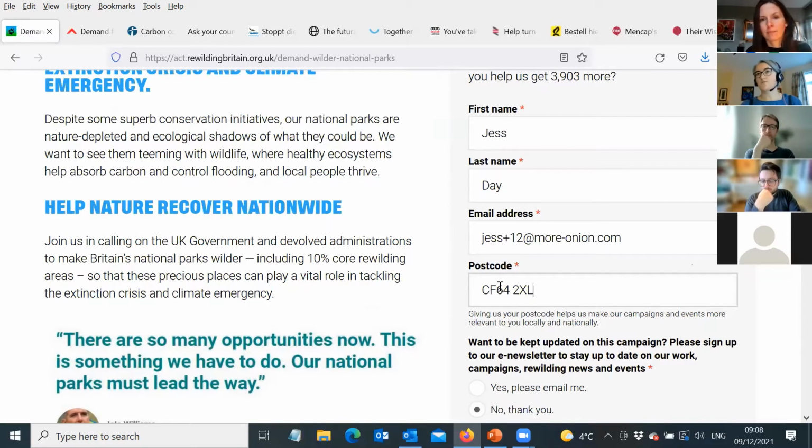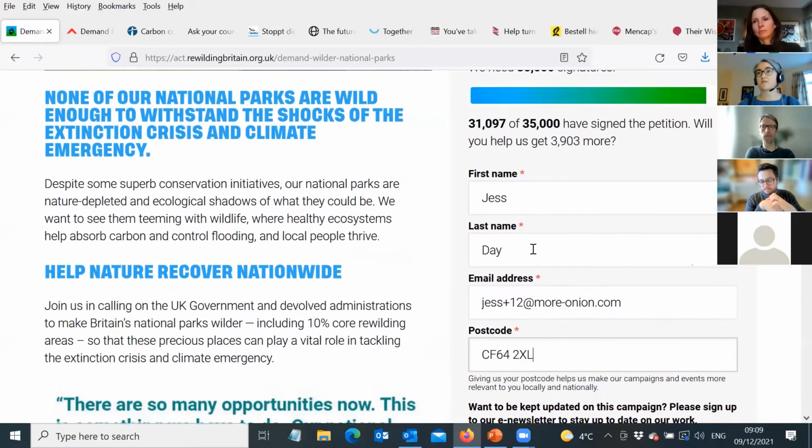Obviously, you want your petition forms to be as simple and quick as possible to fill in, but you can add whatever questions you want onto your petitions. In this case, they've decided postcode is a really valuable one for them. And within Impact Stack, UK postcode is a particularly valuable piece of information to collect because it will populate the supporter record additionally with the UK nation, so Wales, Scotland, England, or Northern Ireland, the name of the current MP, the constituency, and the political affiliation of the current MP,